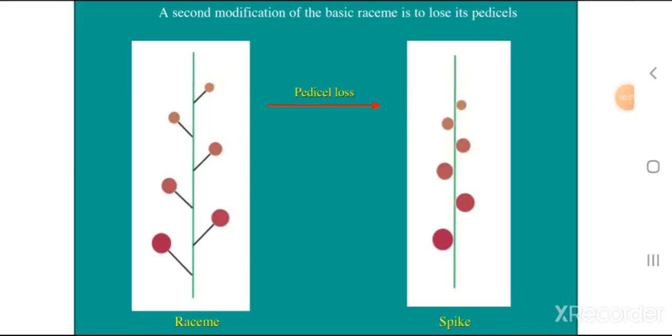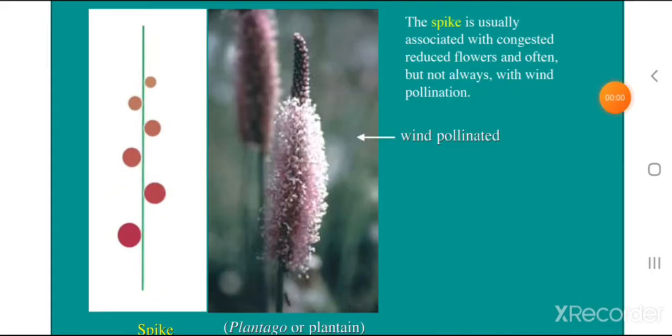Spike inflorescence. Spike has all the characters of raceme, but pedicel is absent in spike. So the spike inflorescence has sessile flowers. Generally, small imperfect flowers are present densely on the cylindrical axis. Male flowers are present at the upper position of the inflorescence and female flowers at the lower position. After releasing the pollen, the male flowers wither and fall off. Mature spike releases cottony wind-dispersed seeds.